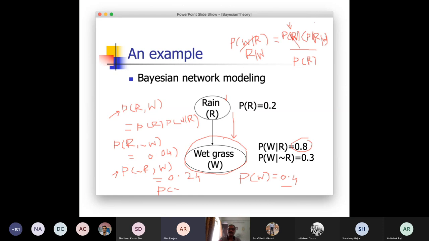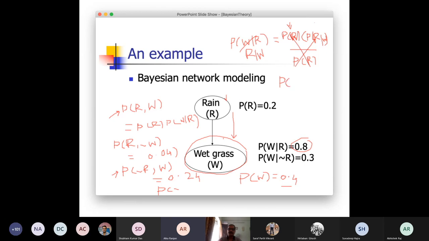I would like to compute this here. Right, so let us come to this. I would like to find out, I said that if it is wet grass, then what is the probability that it rains? So which means I have to compute this: probability of R given W. So there, as you are saying, you have to write,